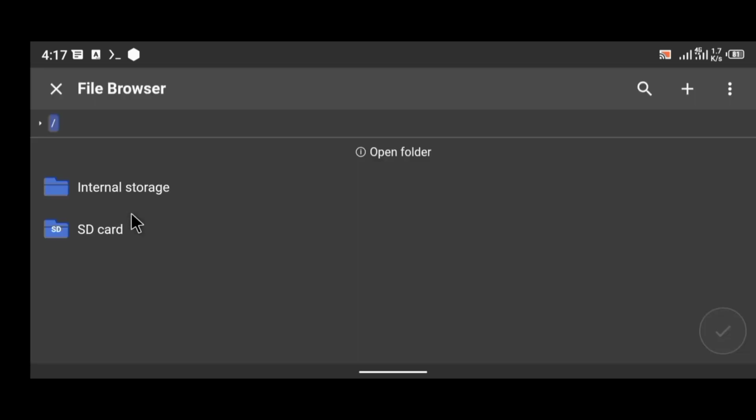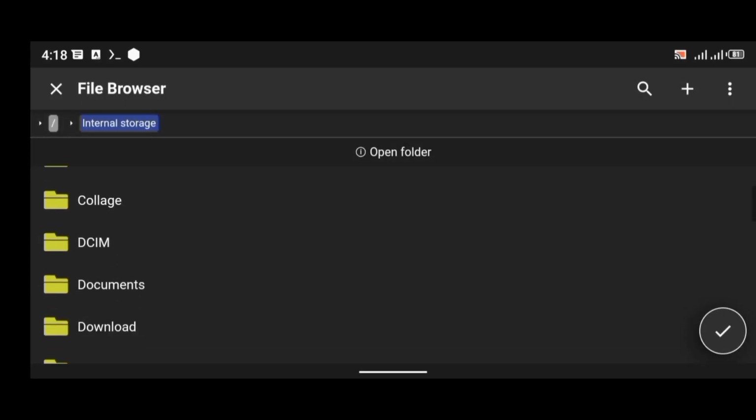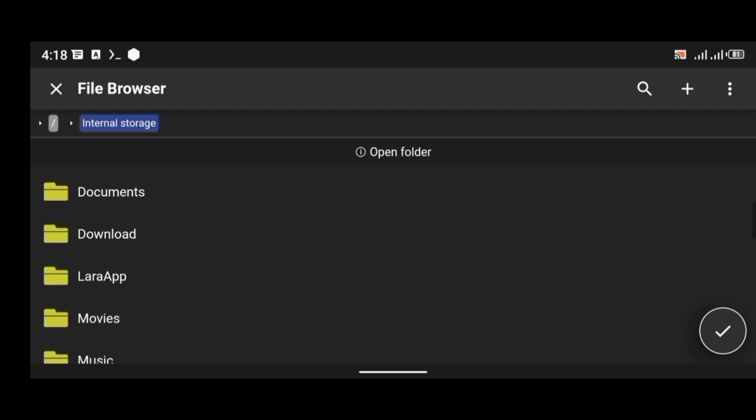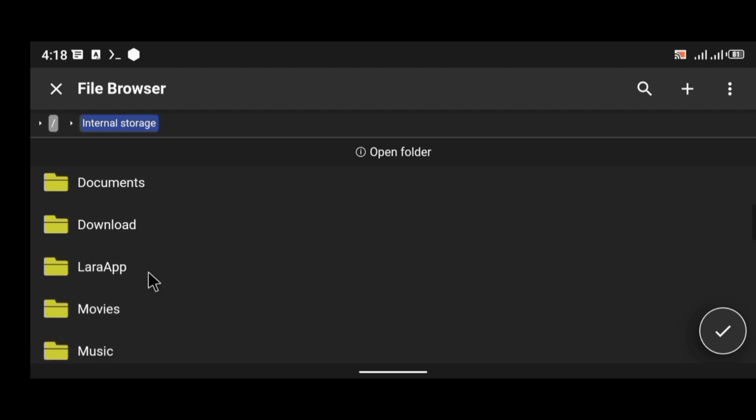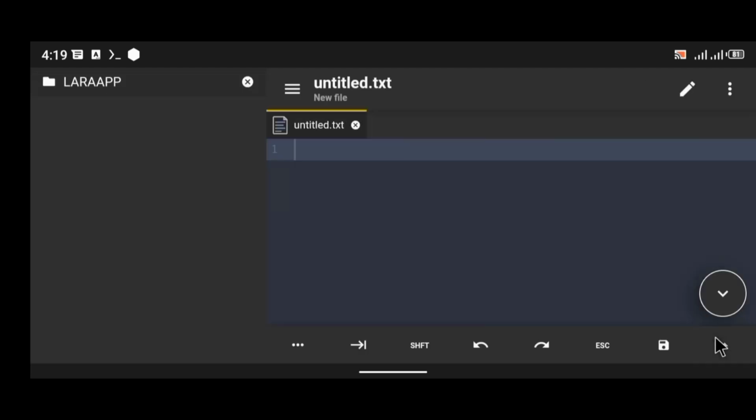So you're going to click on open folder, then click on internal storage. Remember, we saved it in our internal storage. If I scroll down now, I should find the Lara app folder. As you can see, Lara app is right here. So you're going to click on Lara app, and as you can see, we have the tuto project folder and also the composer.file file. Okay, so we're just going to open this now by clicking on the mark button there,